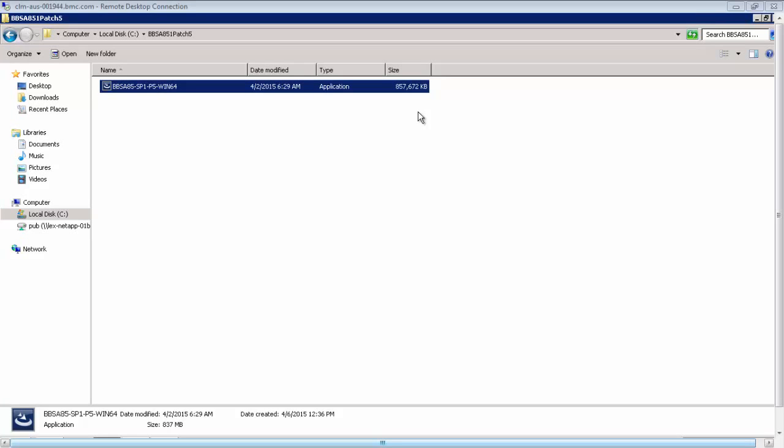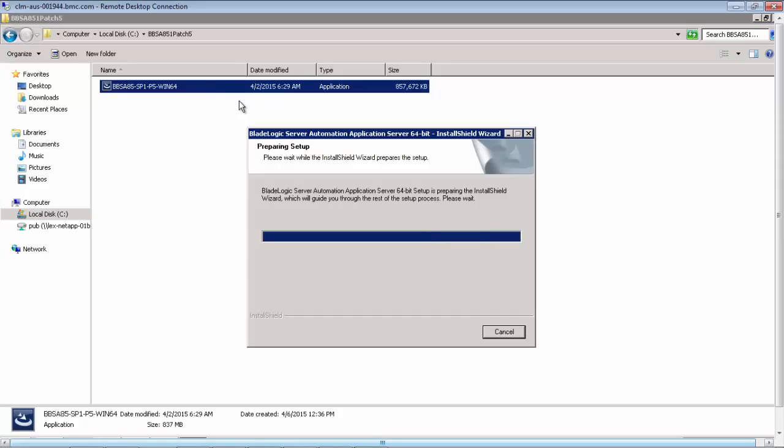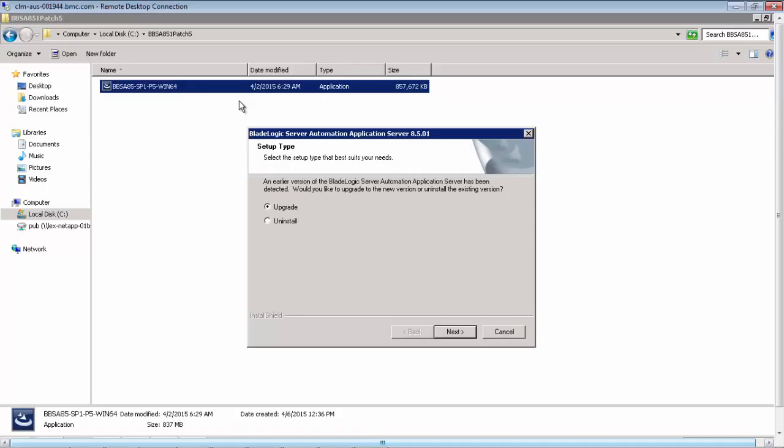To upgrade a Windows application server to Patch 5, the corresponding step is to launch the Windows AppServer Installer EXE as an administrator. As was the case on Linux, the installer will detect the existing install and offer to upgrade it to Patch 5. We won't run through the full Windows AppServer upgrade here, but once you select to upgrade and press Next, the installer runs through to completion without any further user interaction being